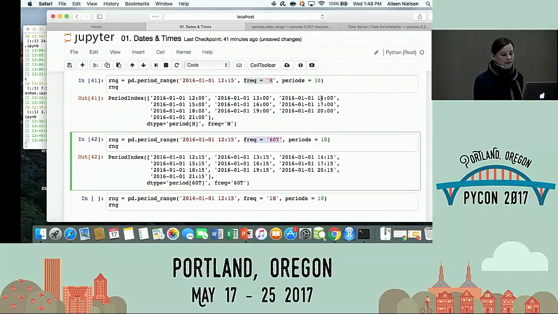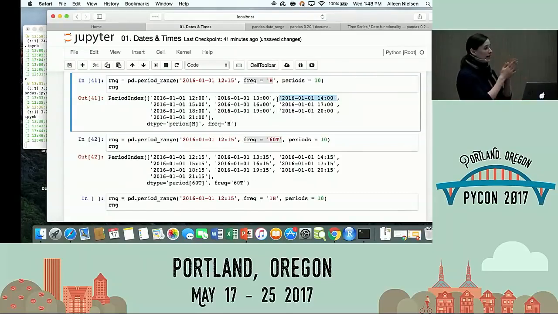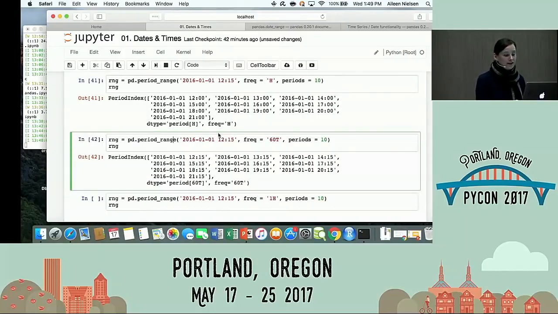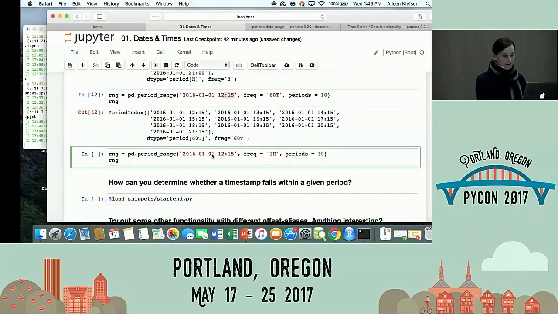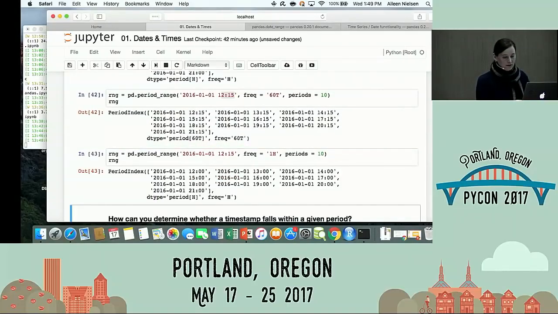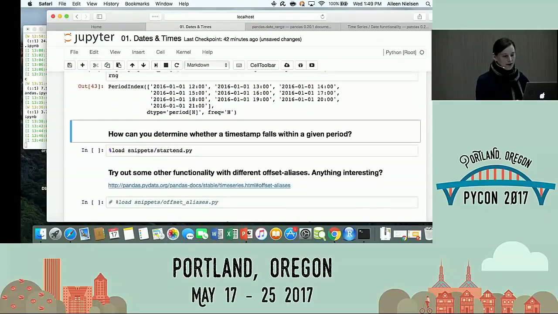Yeah, so what's going on is here, it's on the hour, because we looked at before, right? It sort of picks a logical, human-friendly thing. So like when we looked at the monthly date range, it always just goes for the last date of the month, or it can go for the first, but it's going to pick some sort of nice round point to benchmark you. So that's what it's doing with hourly. On the other hand, with minutely, it's going to stick to the minute you gave it. Okay. And this is the same. Okay.